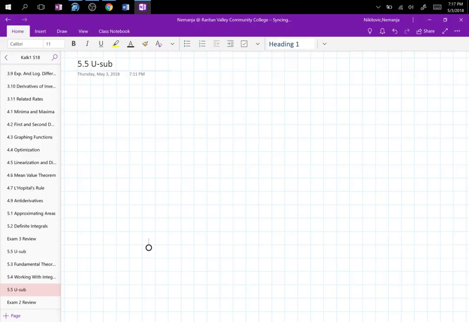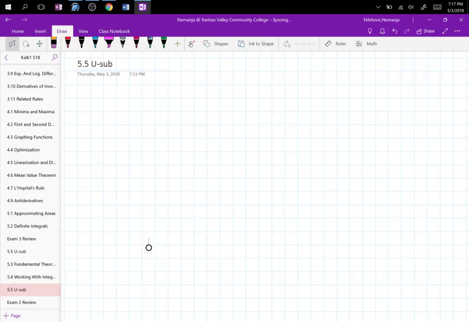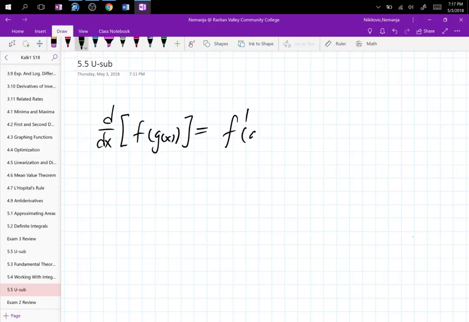Now, what is this all about? Well, who can tell me what is the most important and the most utilized technique for derivatives? Chain rule. So this particular integration technique is the one that would undo the chain rule. Yes. So if you are to write, say, the derivative of f of g of x is equal to f prime of g of x times g prime of x,